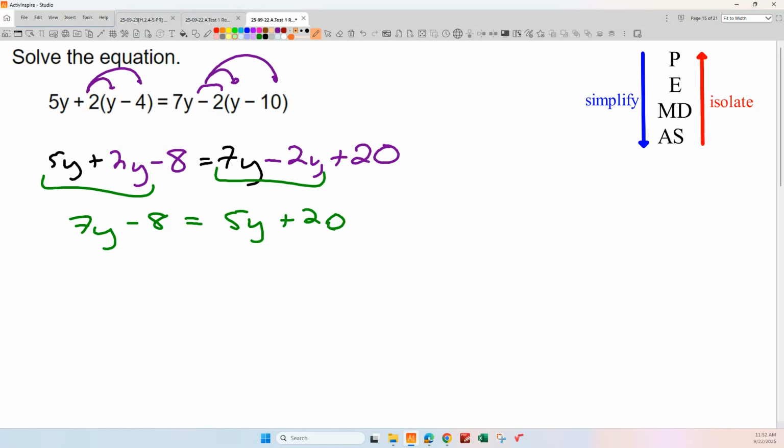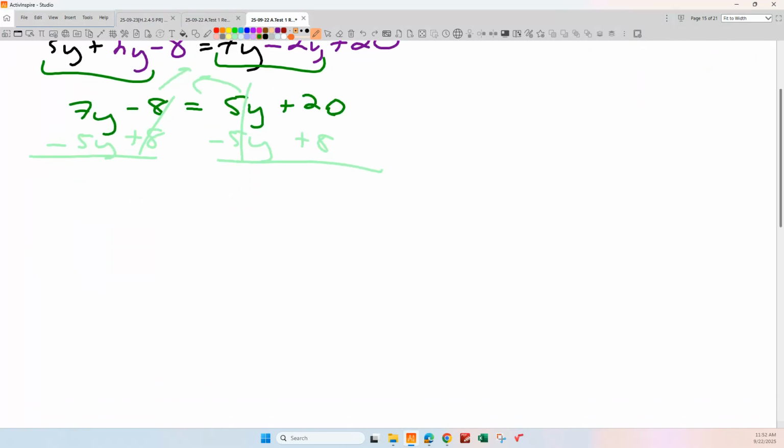Where do the variables go? Which direction? Point, everybody. Good, we want to move them to the left, don't we? So we're going to subtract 5y. And then what else could I do maybe at the same time? Good. Push the constants the other way. Yeah, so we get 2y equals 28. So y equals